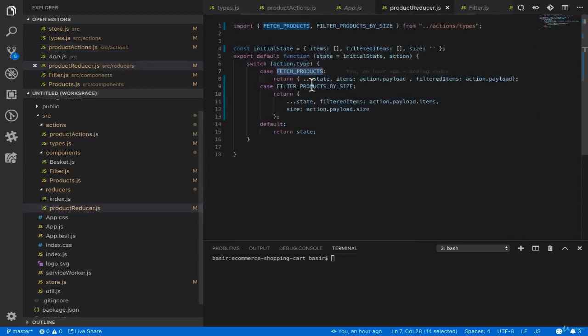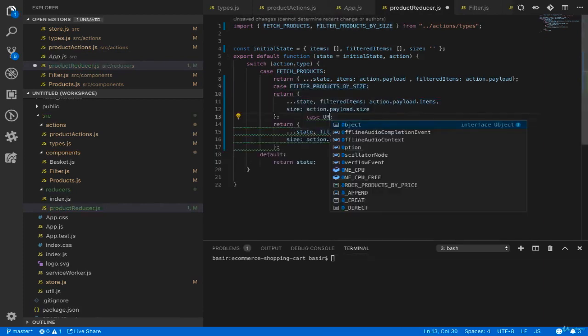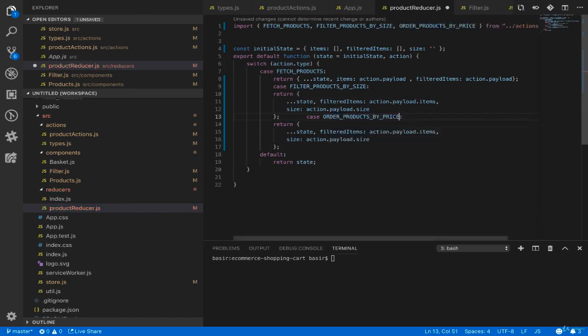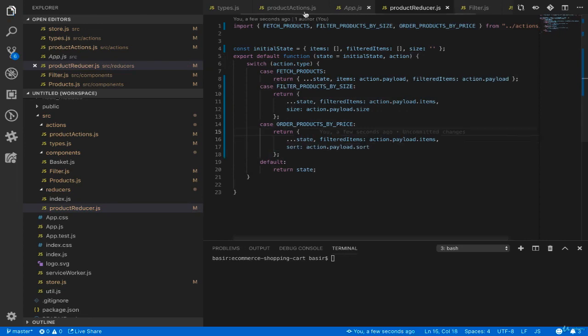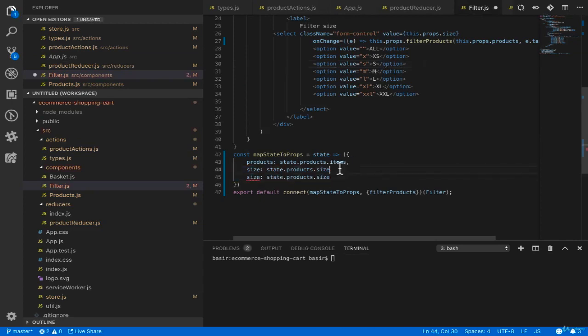So go to the reducer, and here duplicate filter products by size and change it to order products by price. And here set the sort. Great. Let's go to filter, and here we need to add sort to mapStateToProps,